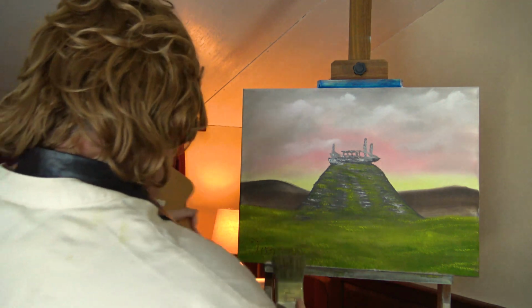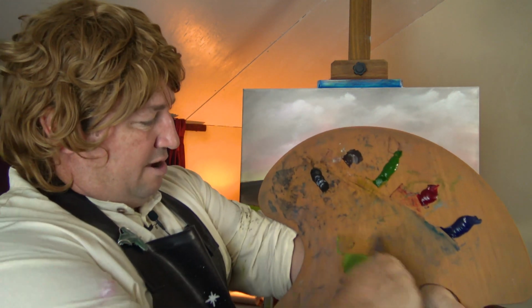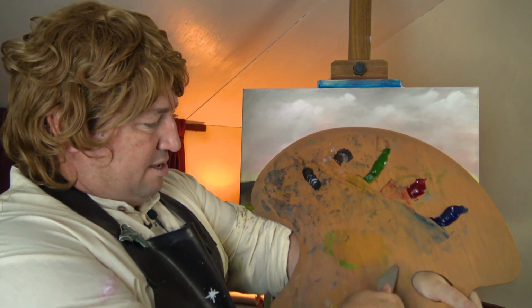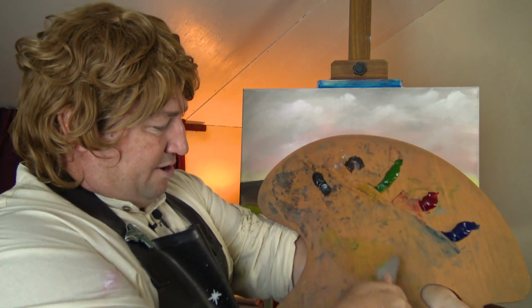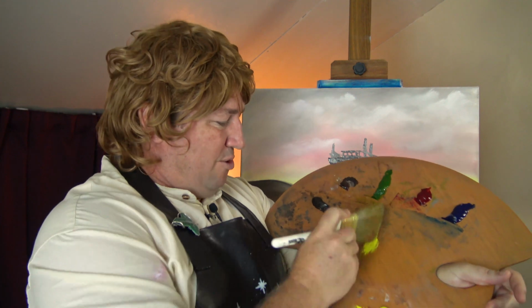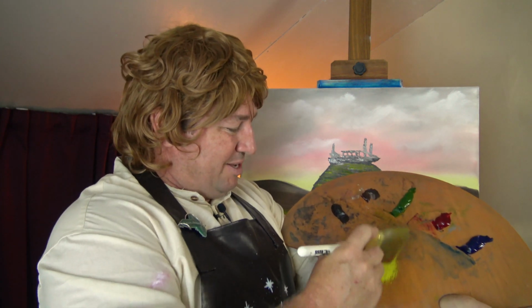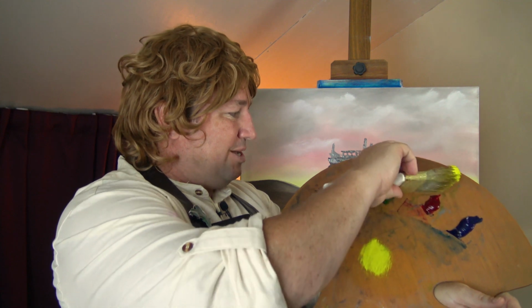Now, let's take off that green that we just mixed together. Okay, let's mix our color again. This painting, it may be cursed. Oh, things just don't seem to go right. Which is funny, because this is one of the few paintings that I've actually done before and practiced. Oh, I tell you what, get a little bit of that